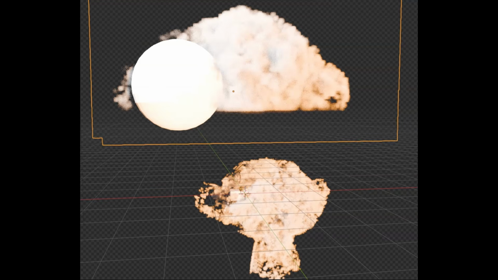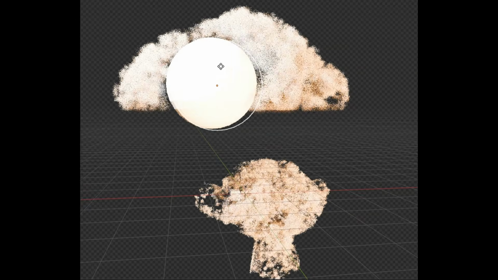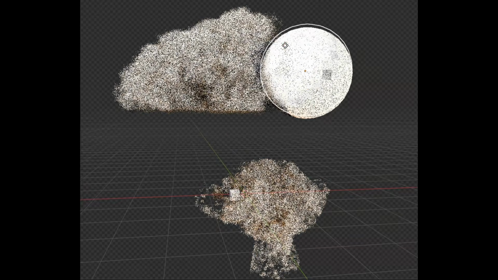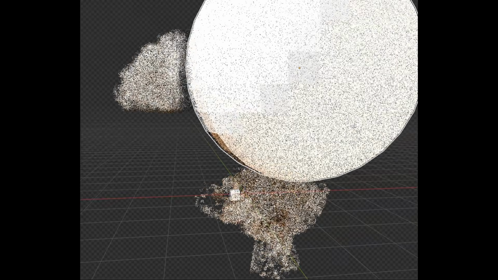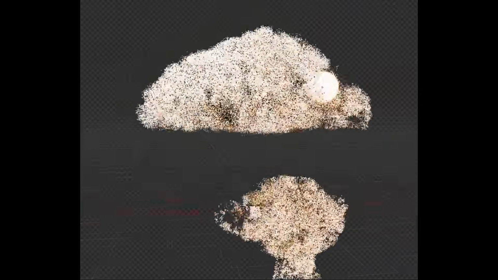The Cloud Generator. Turn any mesh into a realistic animated cloud in one click. Seriously, one click. The free version, the V2 Legacy build, gives